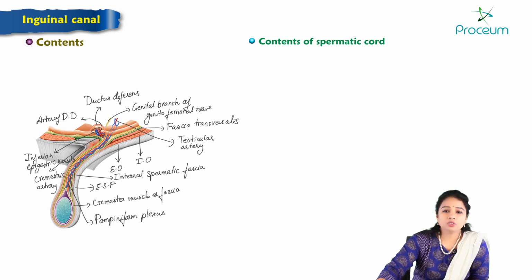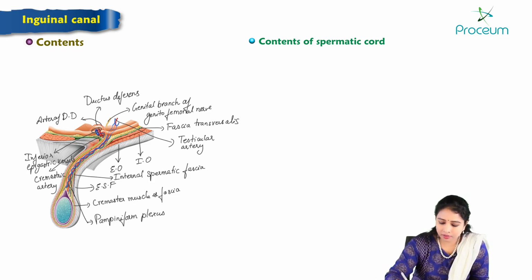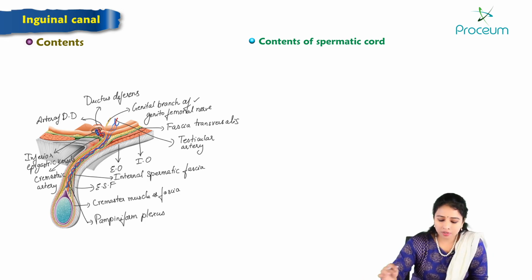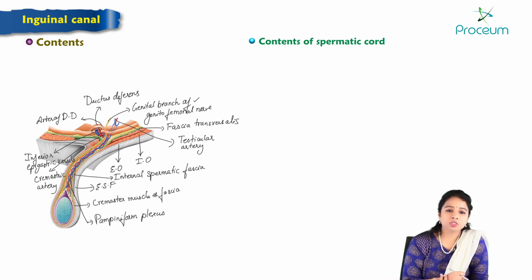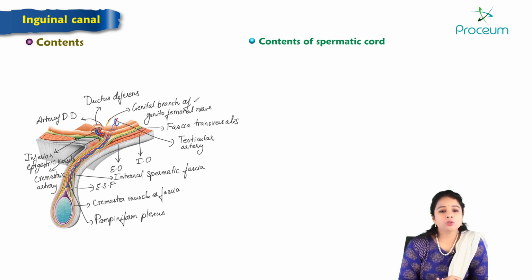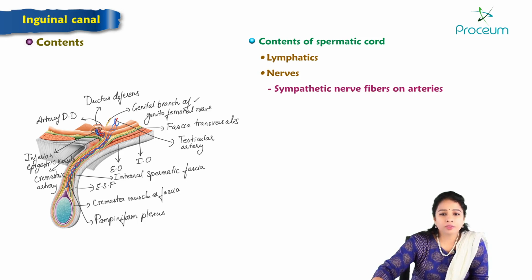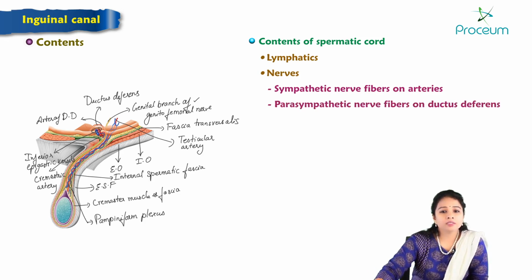And genital branch of genitofemoral nerve. It also contains the genital branch of the genitofemoral nerve, which enters through the deep inguinal ring and passes through the spermatic cord. Apart from these structures, it also contains some lymphatics and sympathetic nerve fibers on the arteries and parasympathetic nerve fibers on the ductus deferens. So these are the contents of